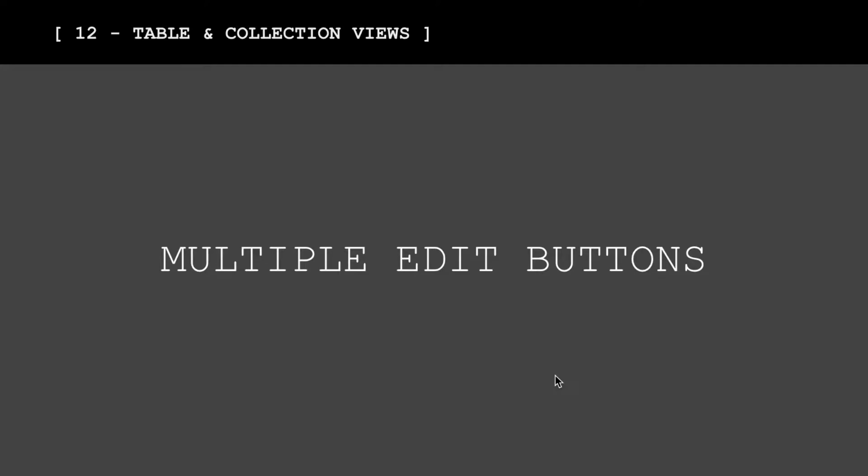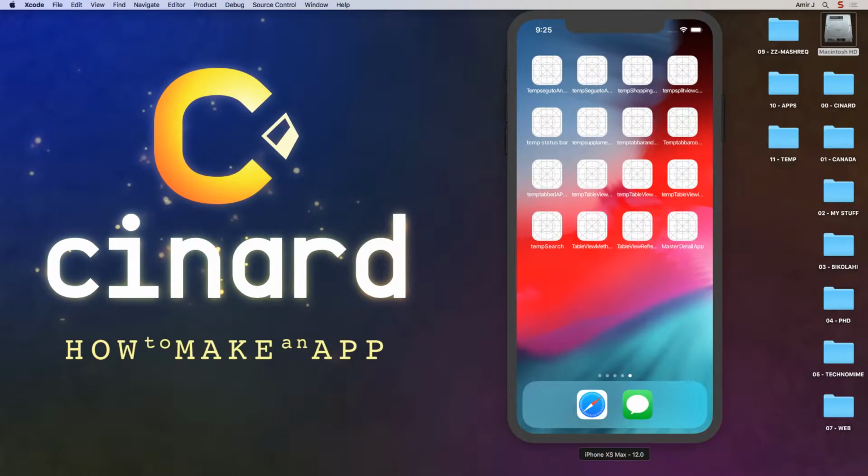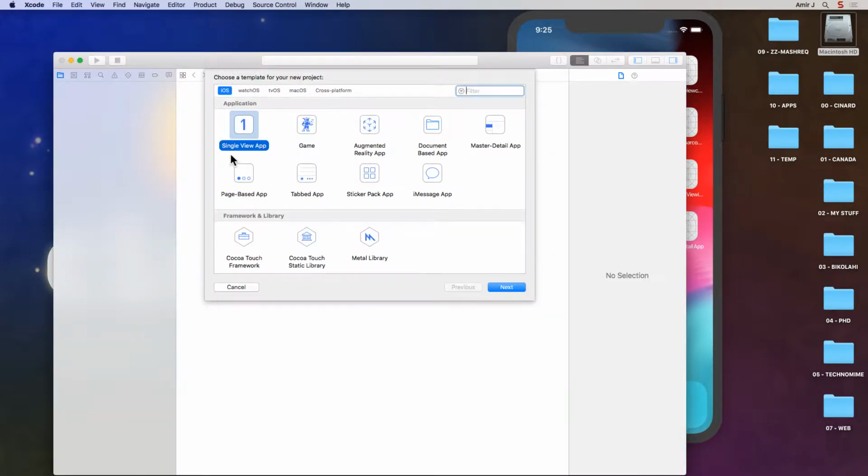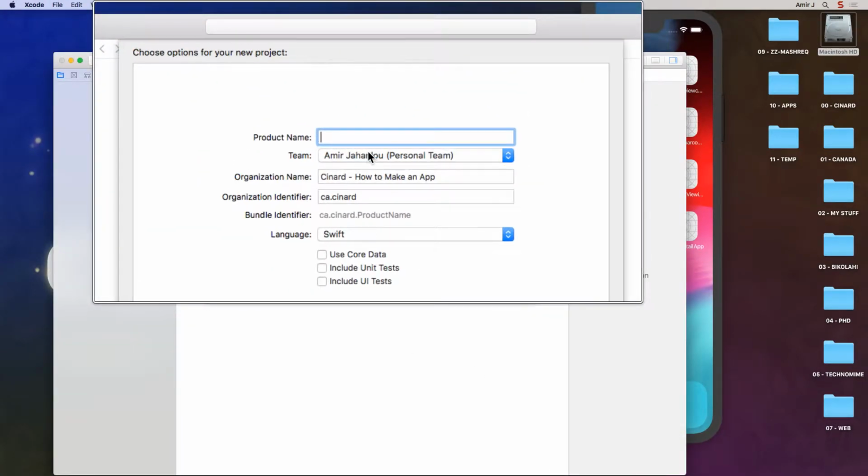Welcome back again. The default behavior when you swipe over a cell of a table view is to show you one button, and that button is primarily used for deleting the cell. In this lesson, I will show you how to add multiple edit buttons. So let's go into Xcode, and I'm going to start a new application, and I'm going to call this application